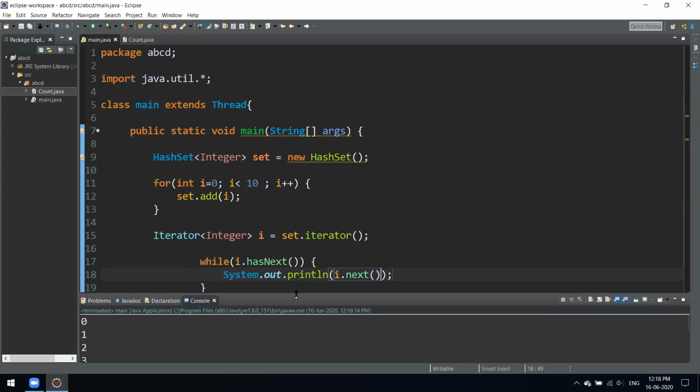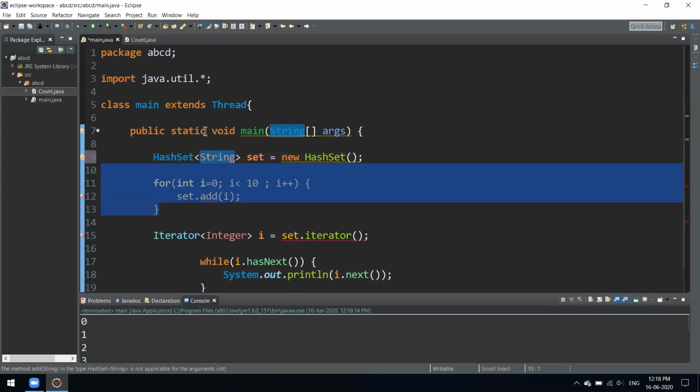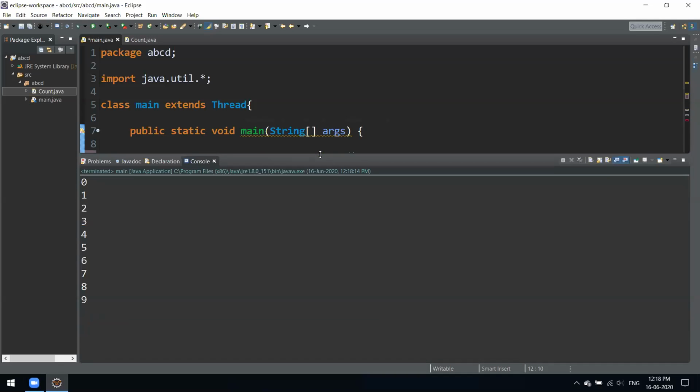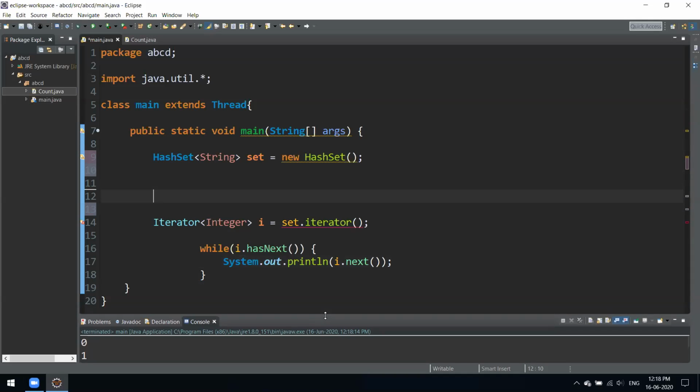In this case we had just 10 elements, so it printed in order. But keep in mind that if you are using a set, especially the HashSet, the output is not in the order in which we add the elements.